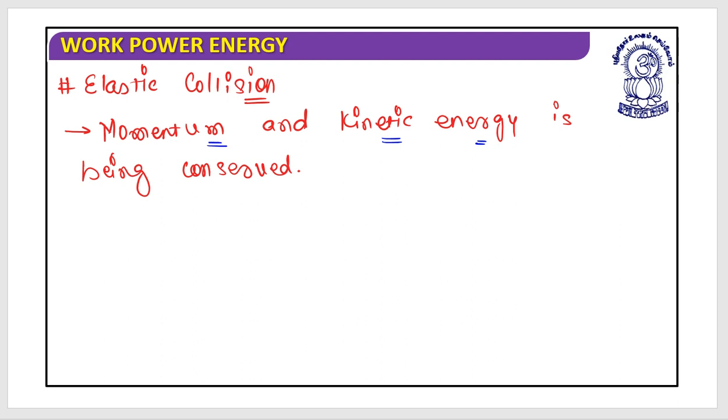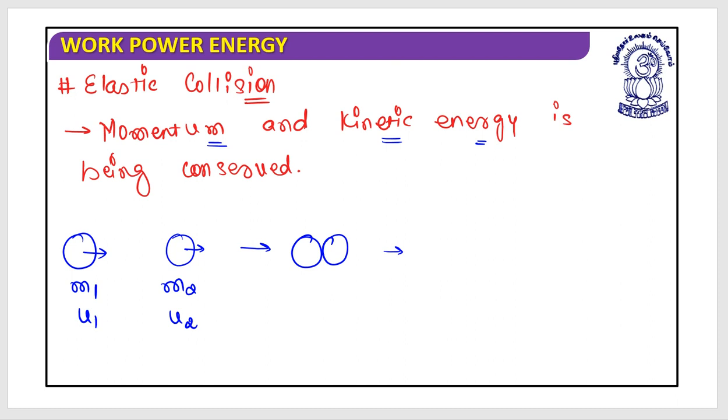When we say this we have one clarification. Let's suppose this is mass m1, velocity u1, moving in this direction. This is mass m2, initial velocity u2, moving in this direction. And let's say they are going to collide. After that, let's assume this is m2 with v2, and this is m1 with v1. So the situation would be something like this. When they are colliding, momentum is conserved, that is for sure, each time. Whatever the collision, momentum is going to be conserved.